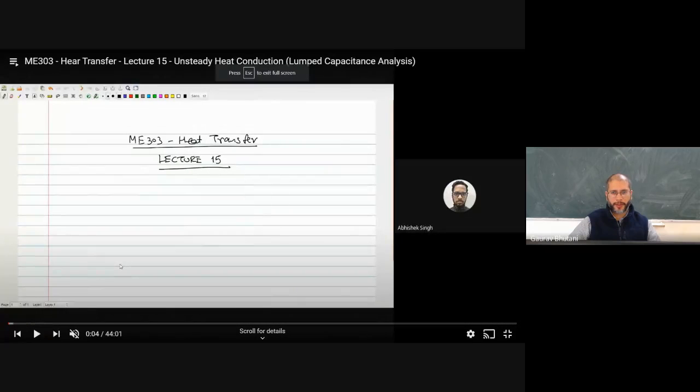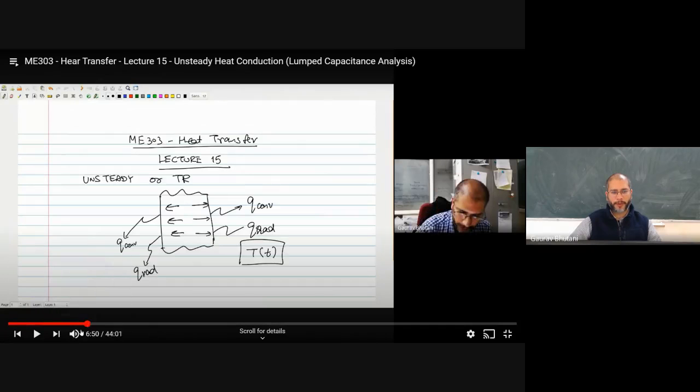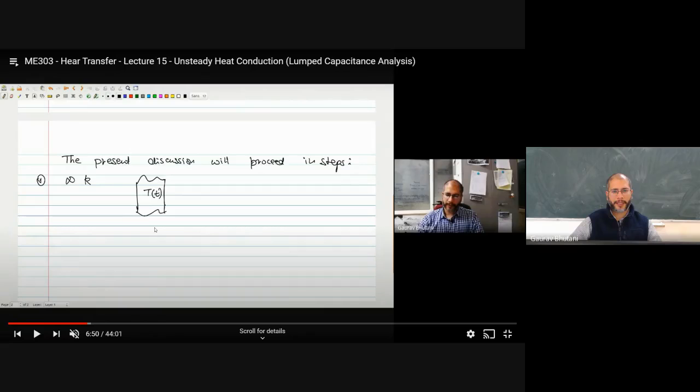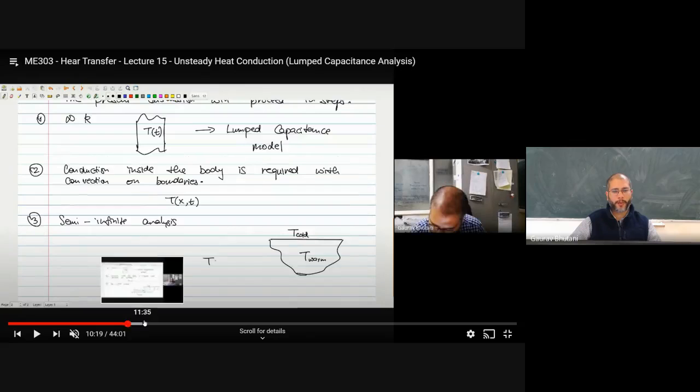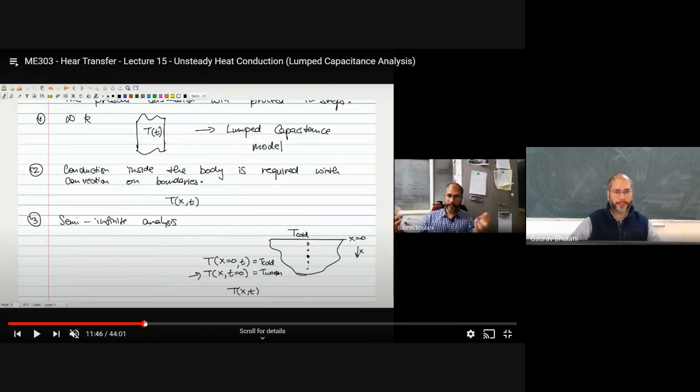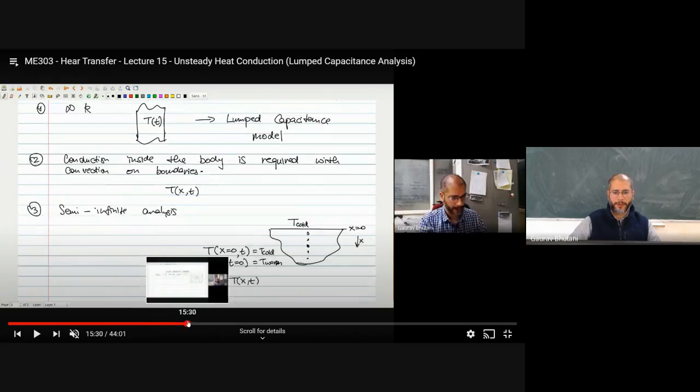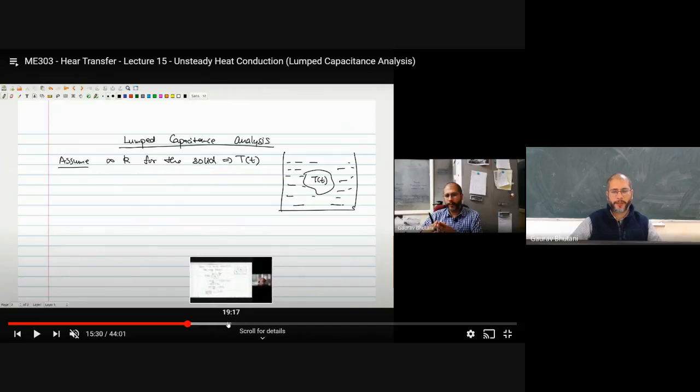Okay, so this was where we moved to unsteady heat conduction, the situation where the temperature is a function of time as well. And here we said that we'll proceed in three major steps. The first one being assuming that temperature is only a function of time. The second one assuming that where this assumption of simply a function of time cannot be used, so spatial dependence also is important. And the third one, where one of the spatial dimensions tends to infinity, that's called the semi-infinite analysis.